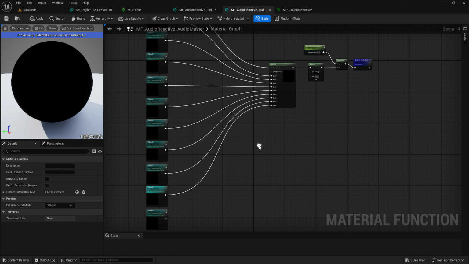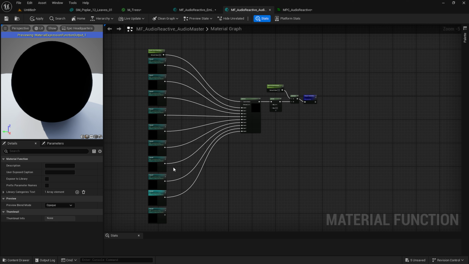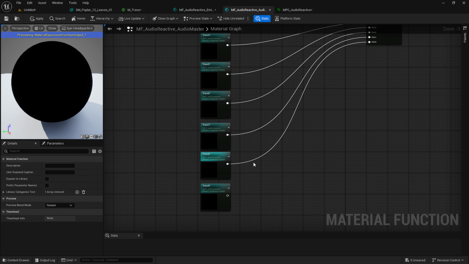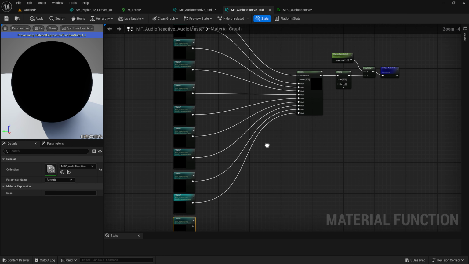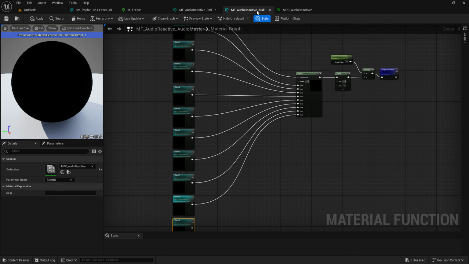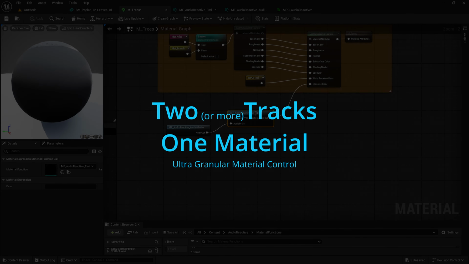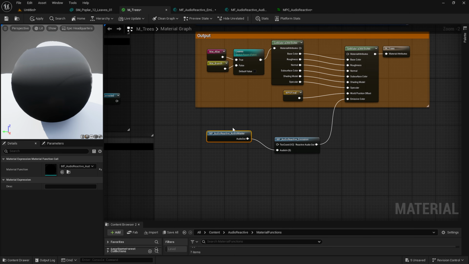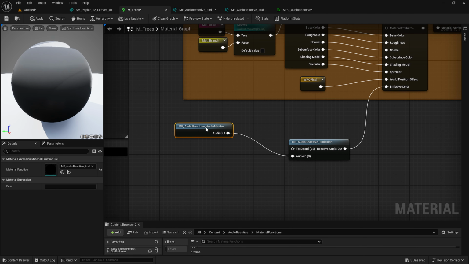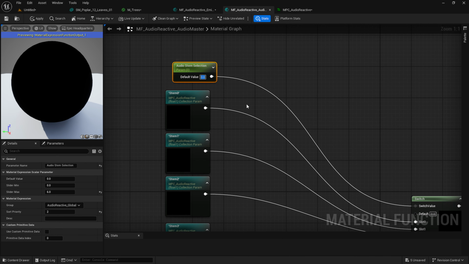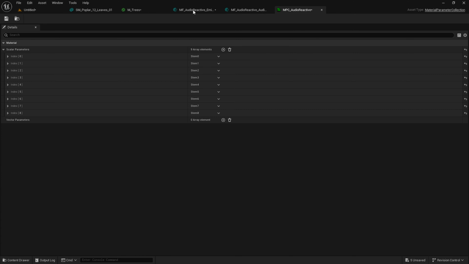I'll have a more, hopefully dynamic, version in the future where this isn't a manual process like it is, because currently with lights and objects, you can just add as many as you want and it doesn't matter what the numbering is because they just dynamically grow. But in here, for materials, you will need to manually add additional entries to your material parameter collection, as well as the audio reactive master function. So now knowing how these all look on the inside, you could ultimately bring in multiple of these audio masters, customize them, and use multiple audio track selections for one material.